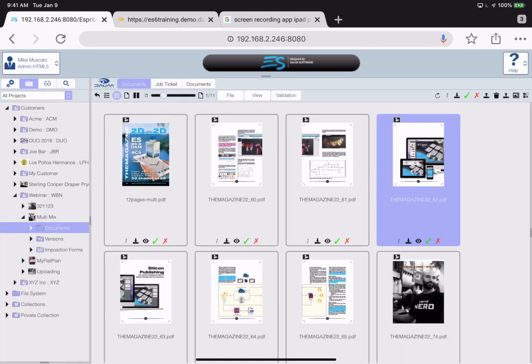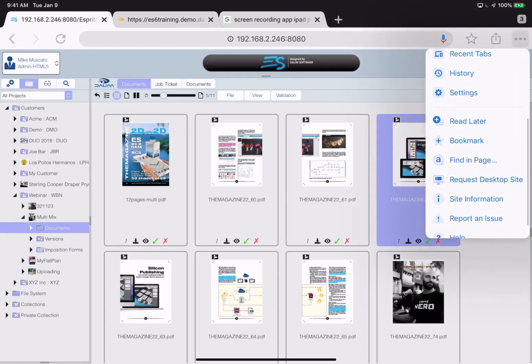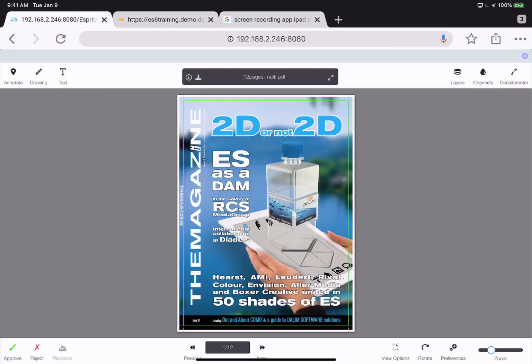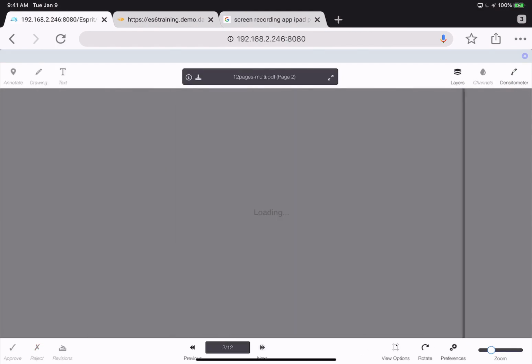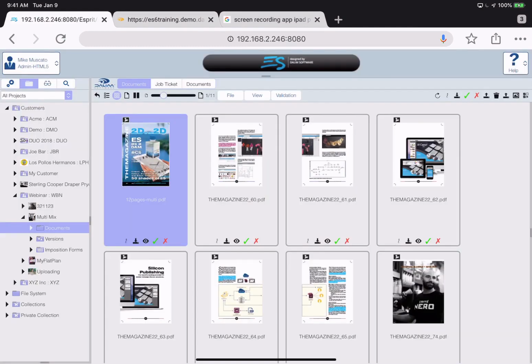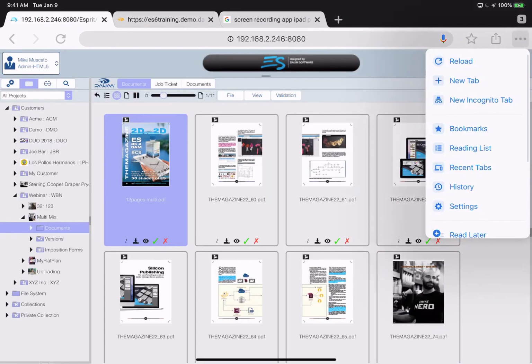And there is, at least for me, let's go back to the desktop site. Another important thing to keep in mind, actually, this is the mobile site. That's a multi-page PDF, right? Well, if you've got a multi-page PDF, it's pretty handy to have the panel down the left, so you can pretty quickly hop from page to page and get the one you want, right? Can't do it this way. So if I go back here, though,